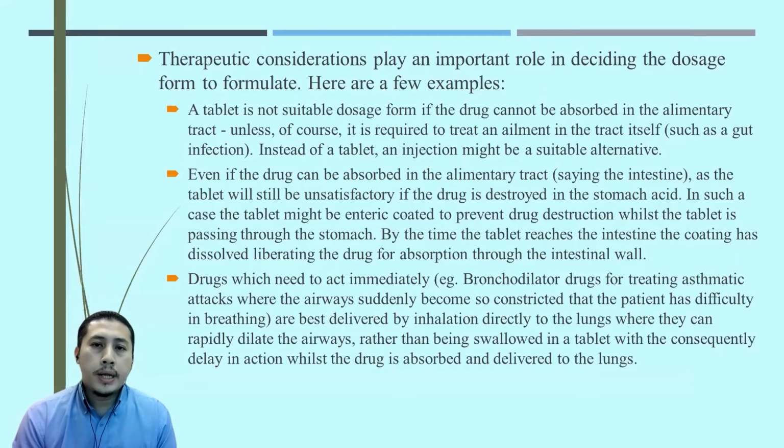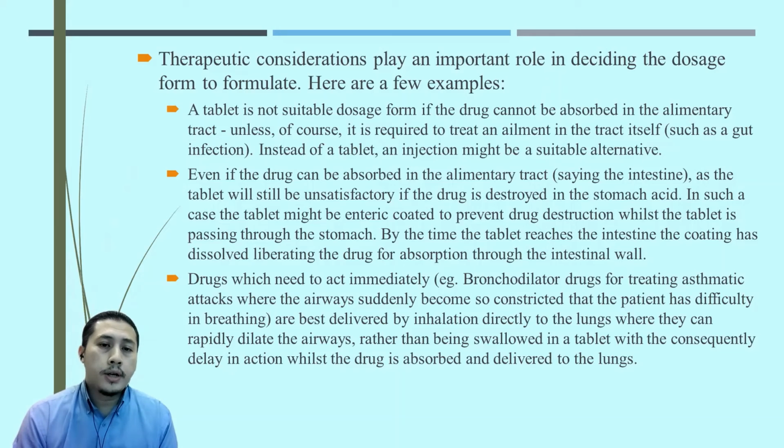The therapeutic considerations play an important role in deciding the dosage form to formulate. Here are a few examples, a real case scenario on how to decide on a dosage form. Okay, a tablet is not a suitable dosage form if the drug cannot be absorbed in the alimentary tract, unless of course it is required to treat an ailment in the tract itself, such as a gut infection. Instead of a tablet, an injection might be a suitable alternative. So if the drug cannot be absorbed in the GI tract, then it is not suitable, unless it is, for example, a drug for gastric conditions. So you want the drug to be acting in the stomach itself,